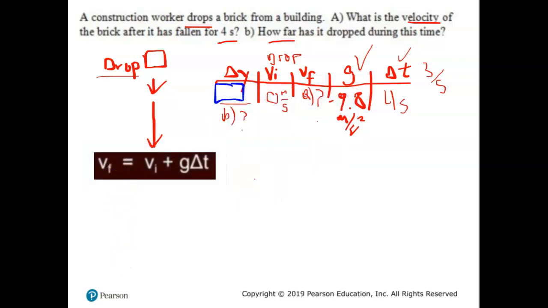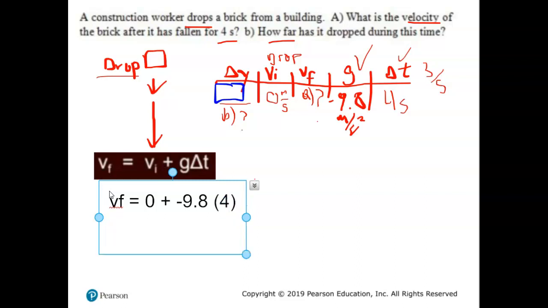And again, I'm just going to type to make it a little easier. So we're looking for VF. VI was 0 because it was dropped. Gravity is negative 9.8, and the time was 4 seconds. So this one isn't very complicated. You just multiply negative 9.8 times 4, and you'll get the final velocity is equal to negative 39.2